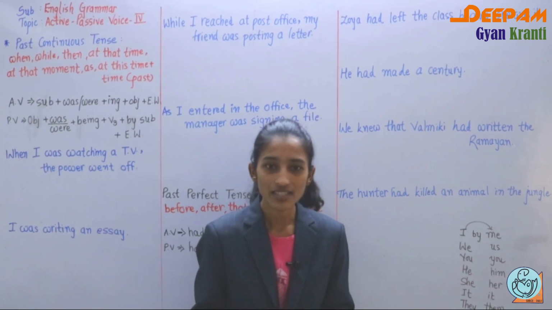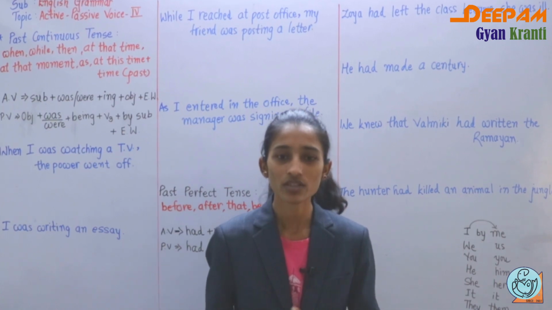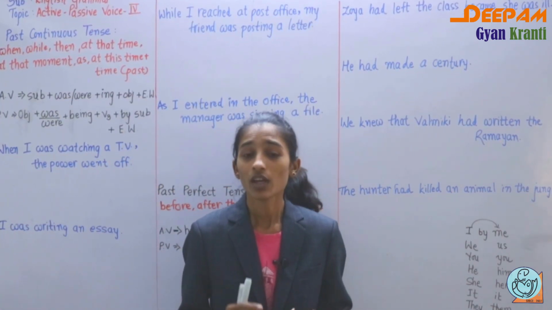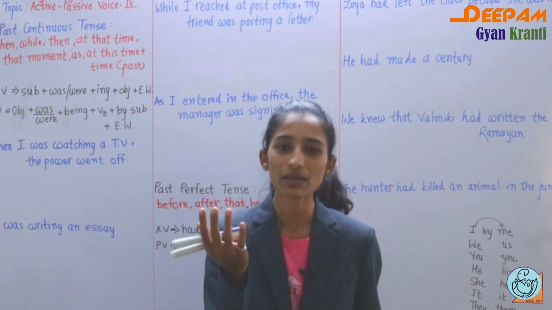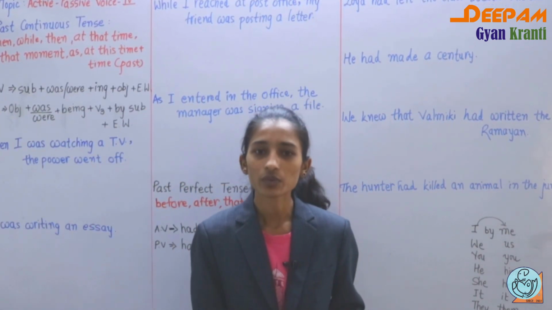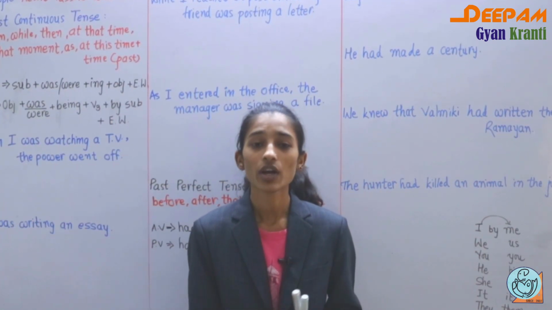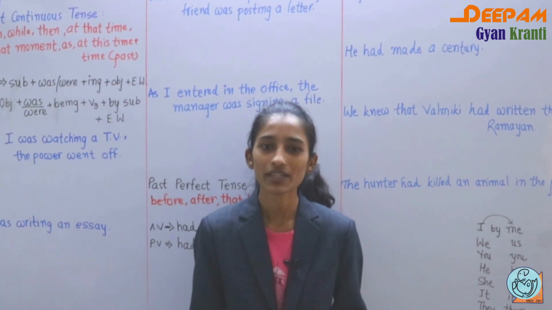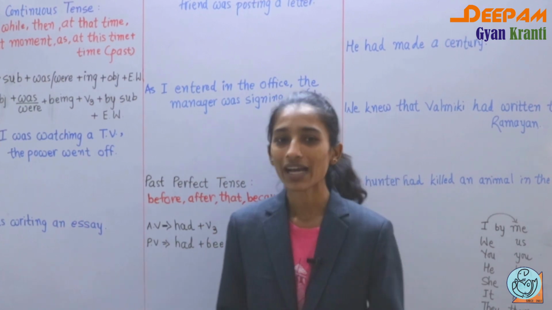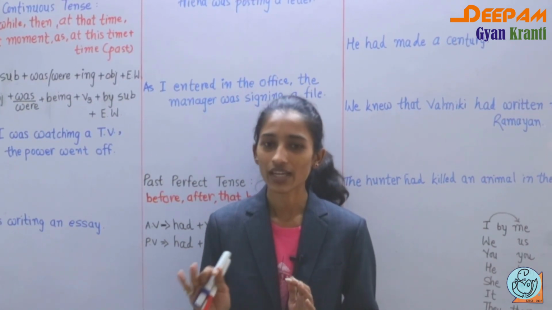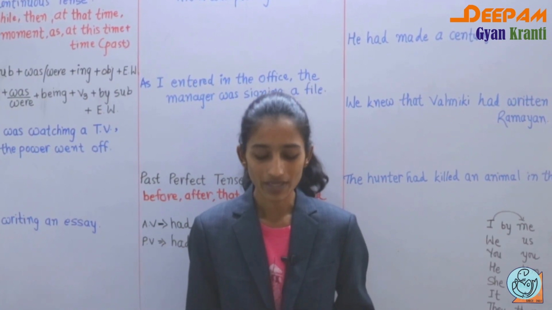So before we start this tense, let me tell you one thing, what the basic rules of active and passive voice are. First of all, you have to change the subject into the object, meaning the object will take the place of the subject. Then you have to put the correct helping verb and the V3 form, meaning the past participle of the main verb, right? Then you have to add by plus subject and then the extra words. So this way you can easily change active into passive voice.